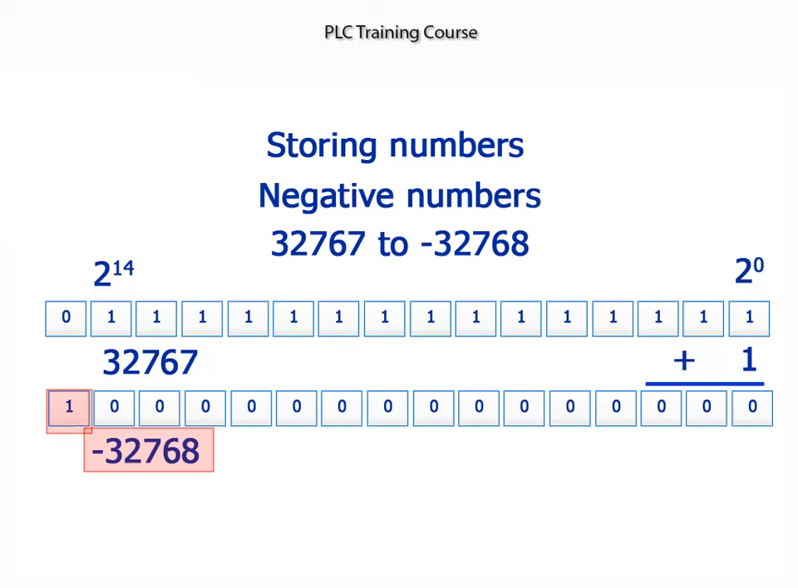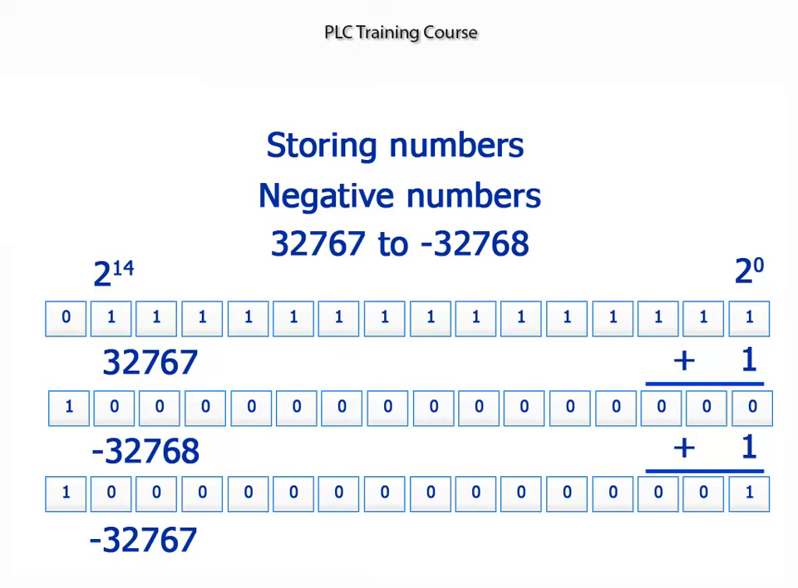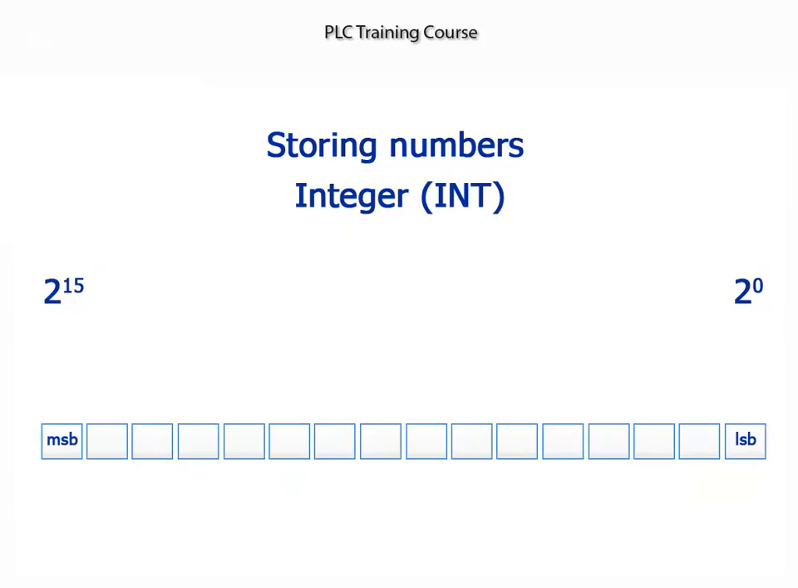The number is a 1 with 15 zeros, so the value is minus 32,768. If another 1 is added, then the number is minus 32,768 plus 1, so the value is minus 32,767. The default status for integer numbers is that they are signed integers, and for a 16-bit number the range